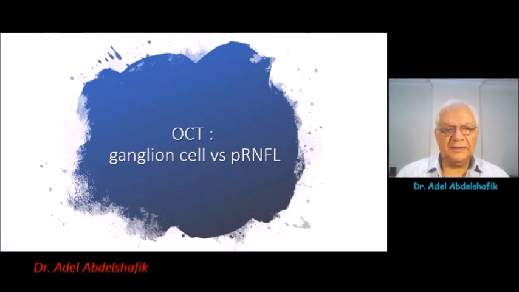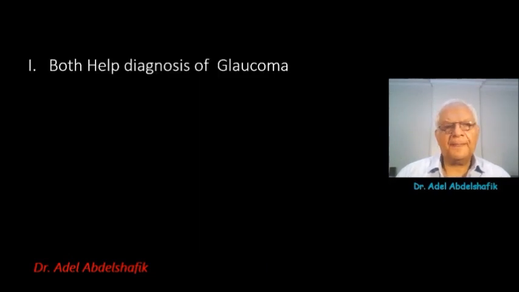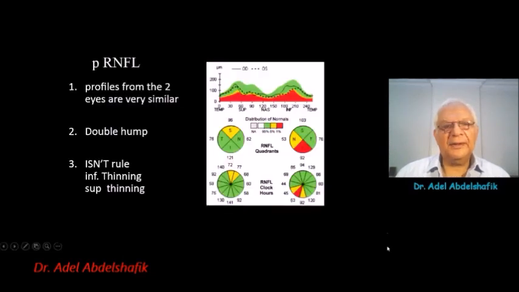In OCT, which is more important, the ganglion cell of the macula or the peripapillary nerve fiber layer? Both are important. Both help in the diagnosis of glaucoma. In the peripapillary nerve fiber layer, normally we look for the profile of both eyes when they are similar, when they follow the double hump, when they follow the ISNT rule, then we believe we are dealing with a normal